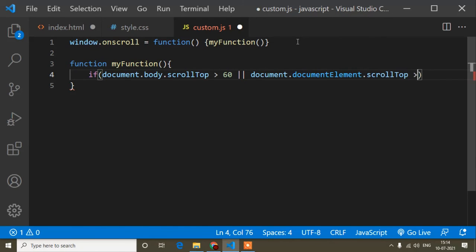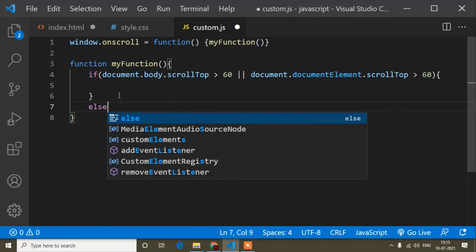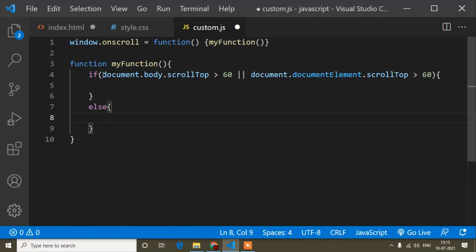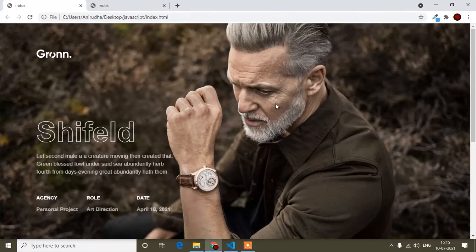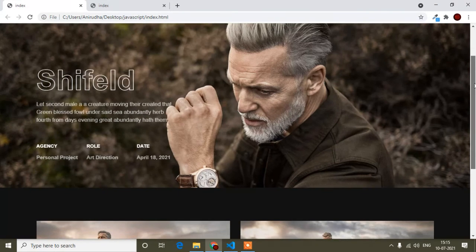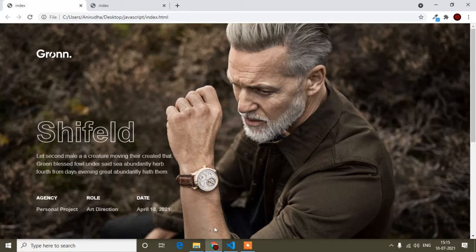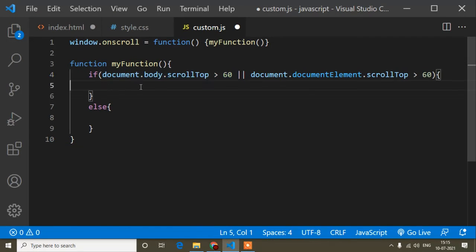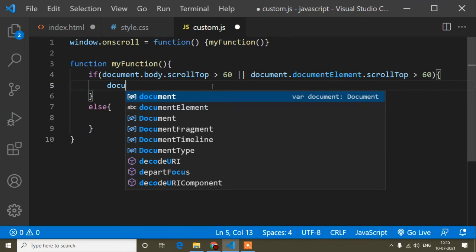So that means when our document, the whole of this page called document, is scrolled more than 60, at that time I will add the header effect. So here I will write document dot getElementById, and the id is this header.